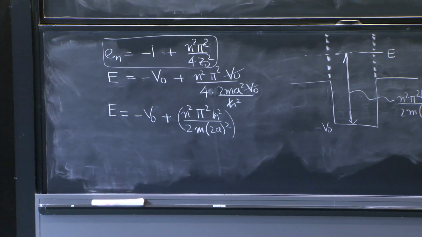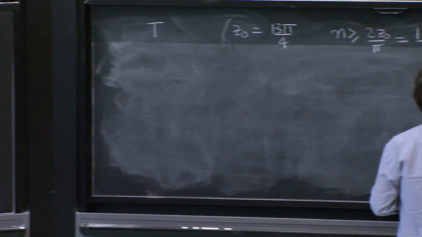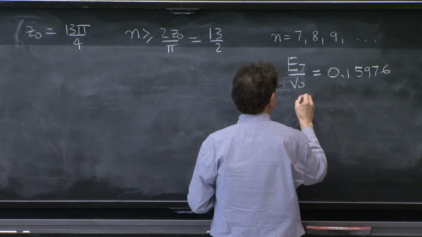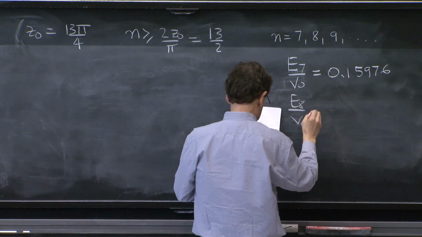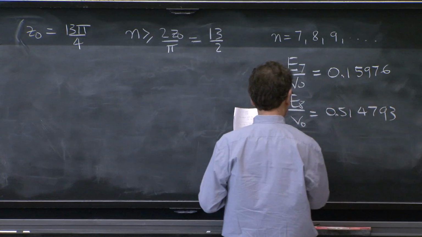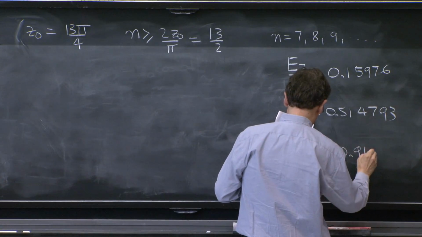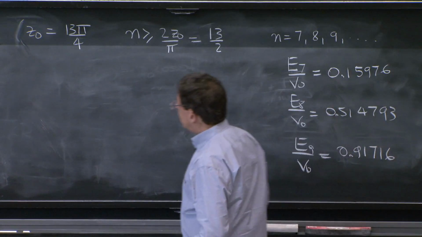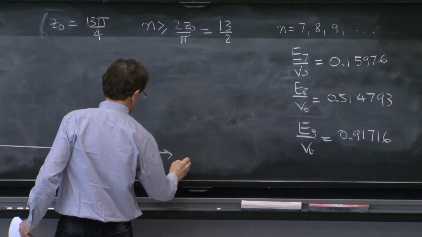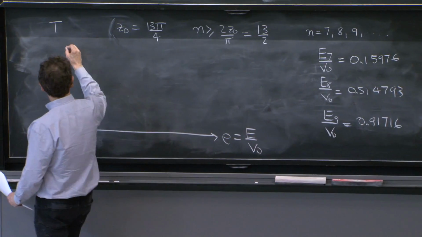So for example, E7 over V naught turns out to be 0.15976. E8 over V naught turns out to be 0.5147993. And E9 over V naught is 0.91716. So if you plot it, you have here E, or capital energy, over V naught, and you want to plot the